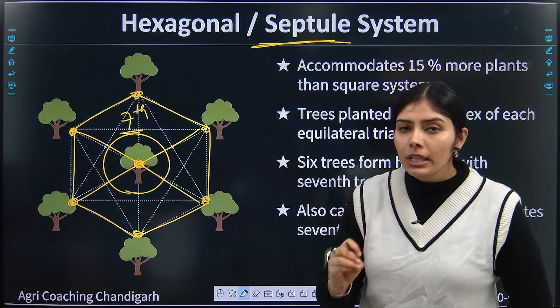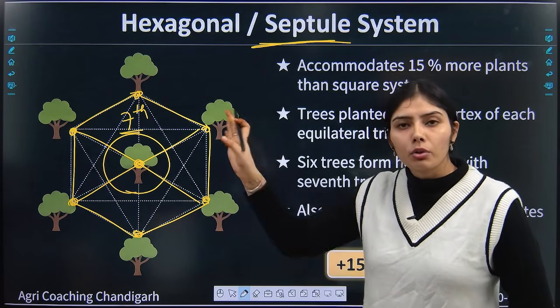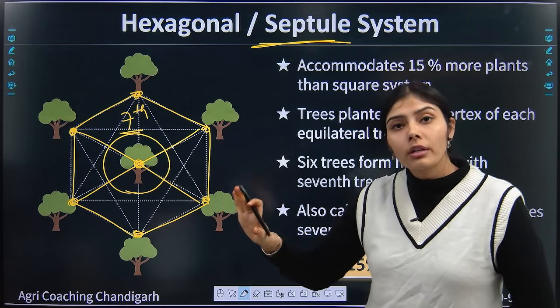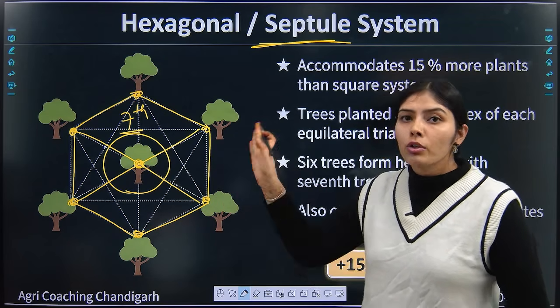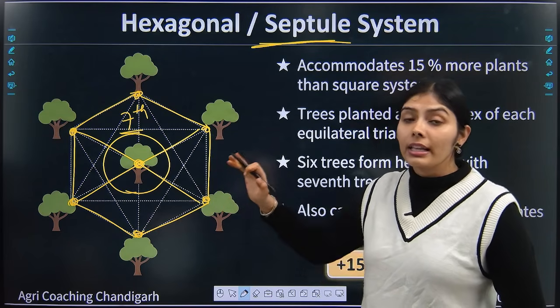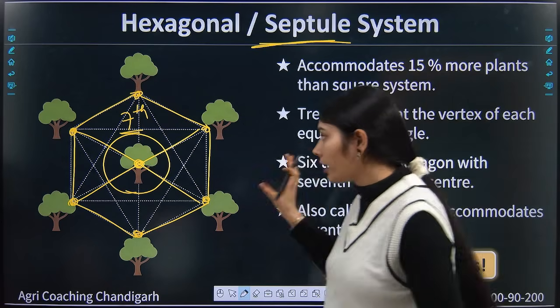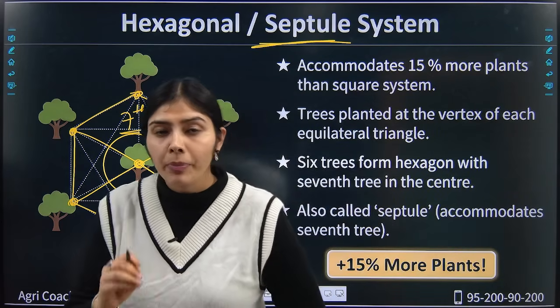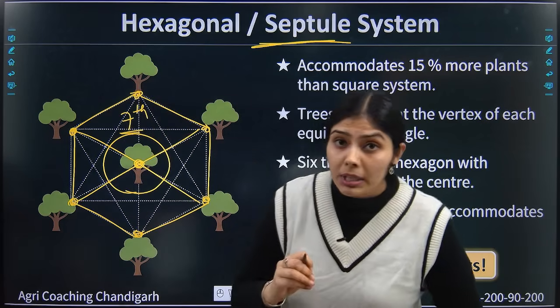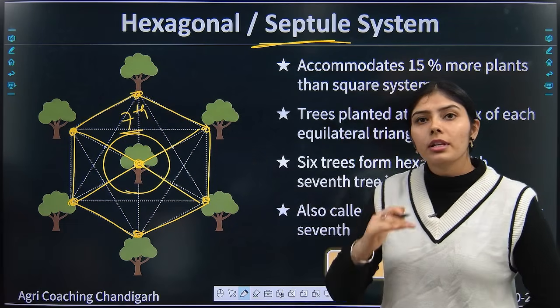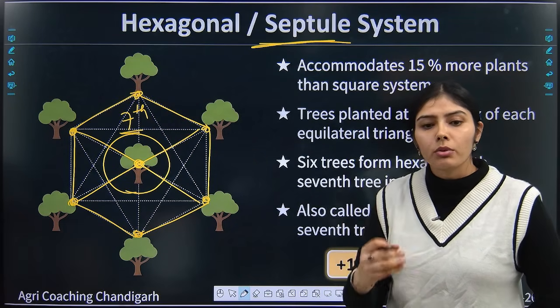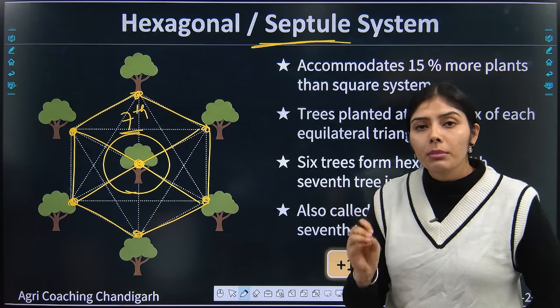So either we can make equilateral triangles and then draw the layout of the hexagon, or we can make a rectangle system, join the diagonals of the rectangle, and then also the layout of the hexagon can be done. So accordingly this layout can be made. Now the hexagonal system can accommodate comparatively 15% more plants as compared to the square system, but the main point is